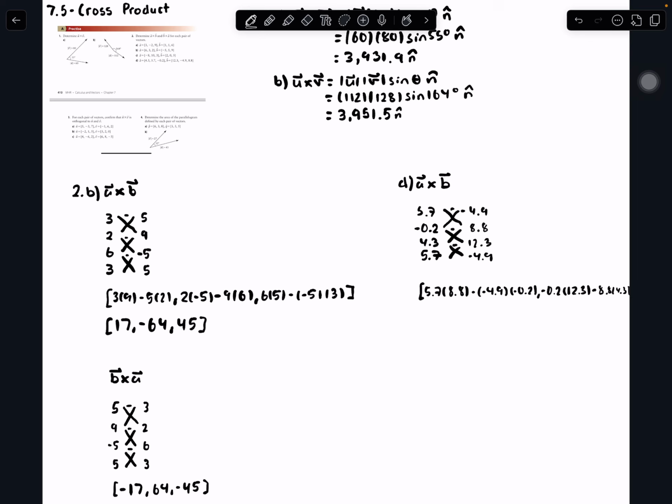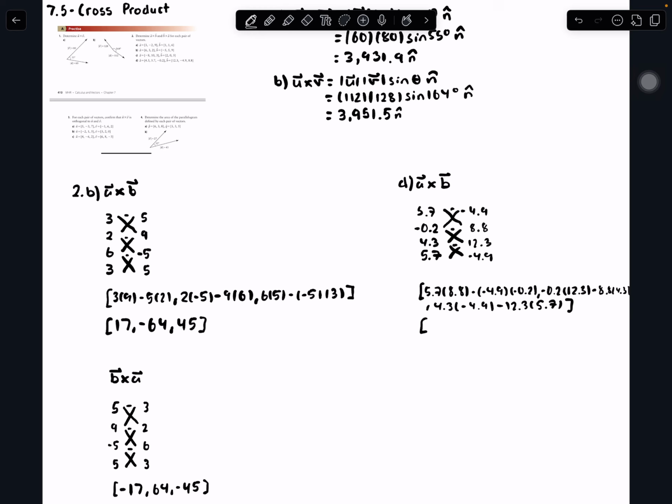Okay, and the next component will be 4.3 times minus 4.9 minus 12.3 times 5.7. Beautiful. And then the vector we get doing all that is,